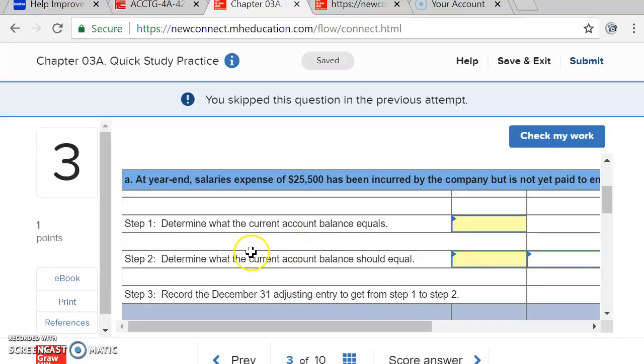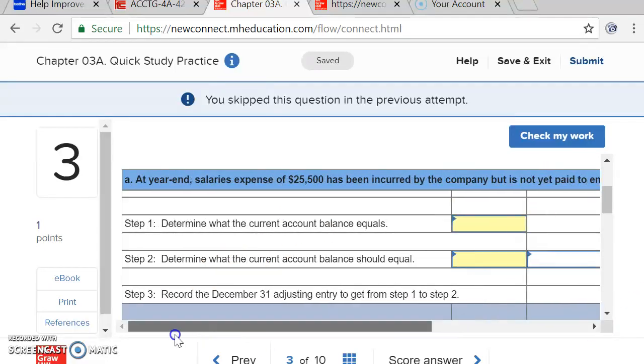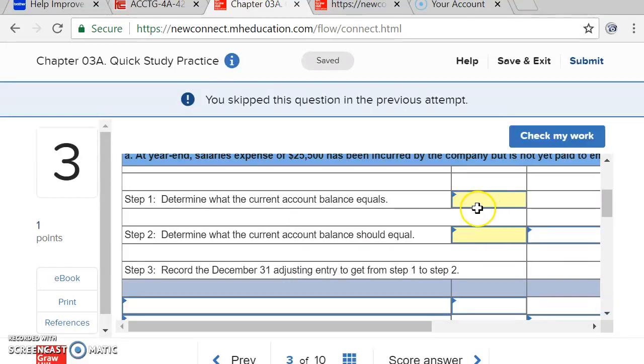Now with item 3, and this one's kind of tricky in terms of how or where they want the information, but let's go ahead and do it. At year-end, whatever salary expense amount you have has been incurred. That means it's happened, but they haven't paid it just yet to the employee. So first thing they ask is determine what the current account balance equals. Well, at the beginning of the year, prior to any adjustments, the accrual will actually be,